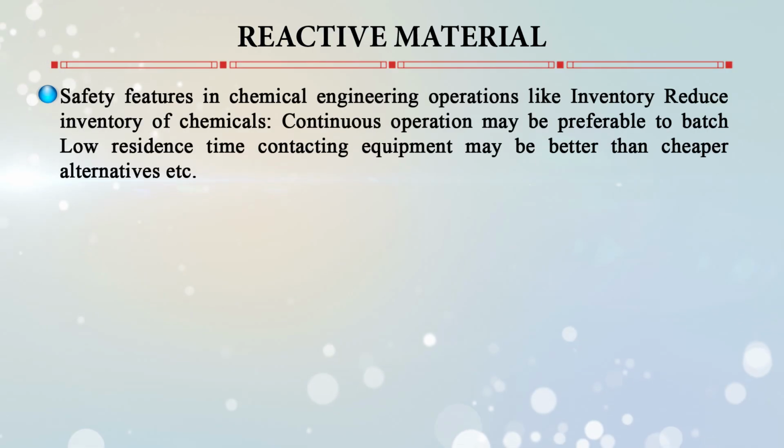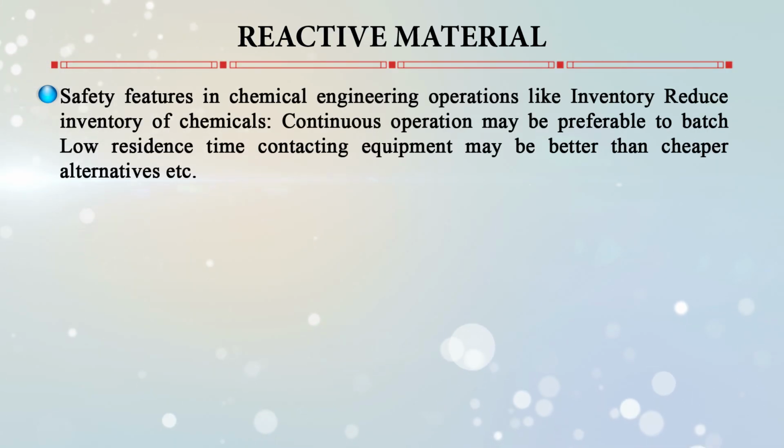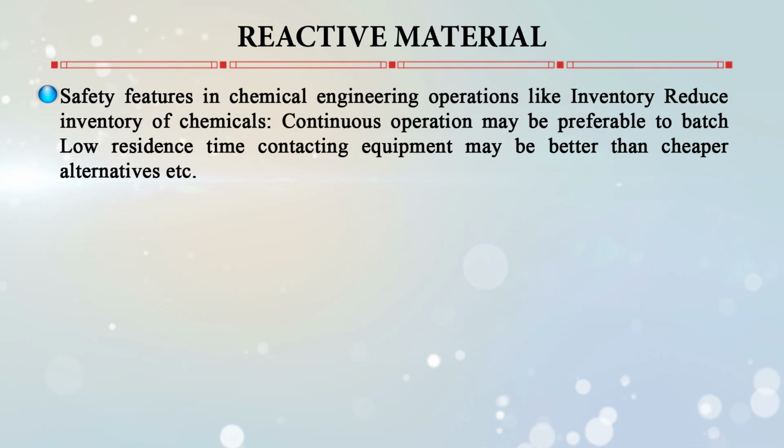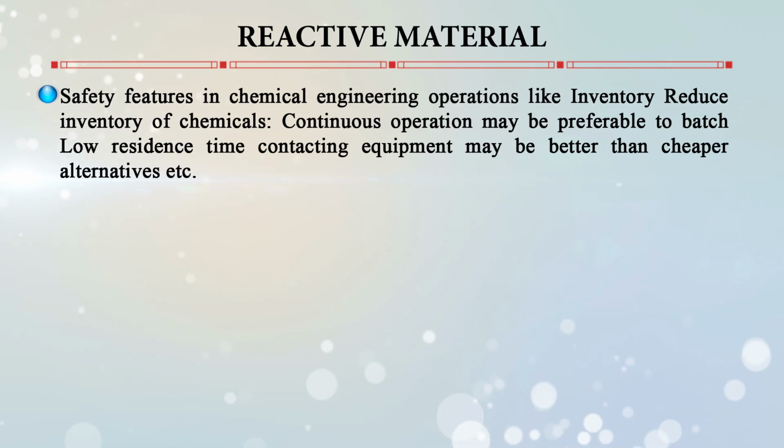to prevent glass fragments from flying in the event of an explosion, and also there should be metal gauzes to screen the reaction flask like that, or otherwise it should be kept in cages. For example, desiccators or vessels of awkward size or shape may be covered with a cling film or a transparent film. And safety features in chemical engineering operations like reduced inventory of chemicals,